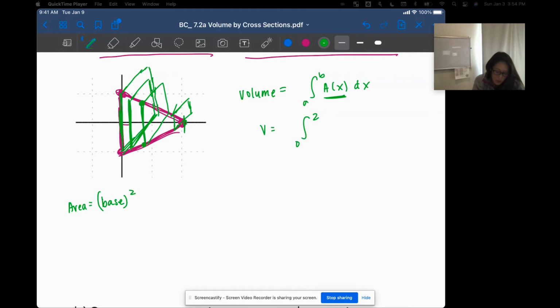Okay, so how do I get the length of the base? The length of the base is dictated by the area between the two curves. So my base is the top curve minus the bottom curve. It's the top curve minus the bottom curve. I don't know which helps you see it better. Okay, so the top curve is